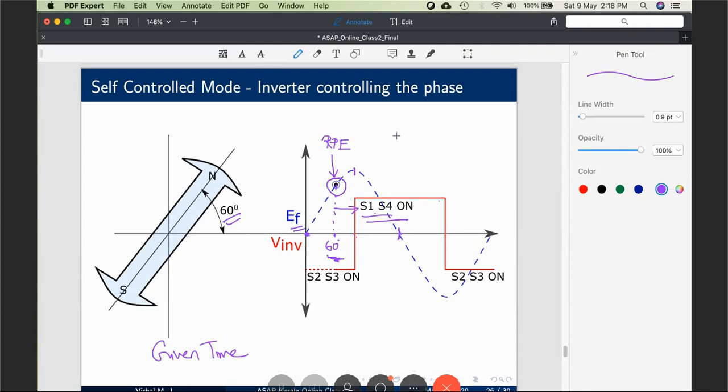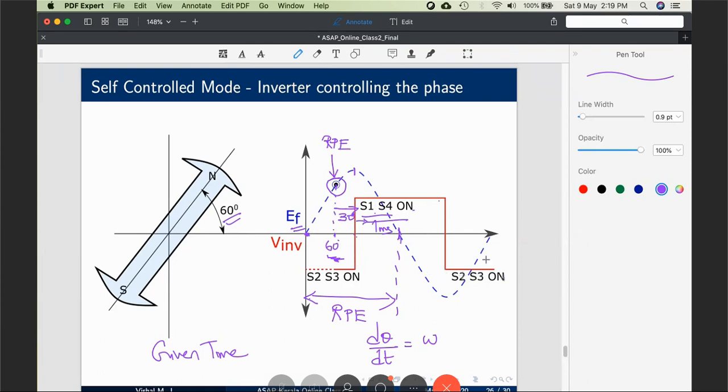Let's consider another example. And one more thing. What will be this frequency? This also needs to be calculated. Who will give that? This is also given by the rotor position encoder as d theta by dt, or your speed input. Once you know your speed, you can calculate this frequency. So you know your frequency, which means 30 degree may be 1 millisecond. So you wait for 1 millisecond, then turn on S1 and S4, then turn on S2 and S3, like that.